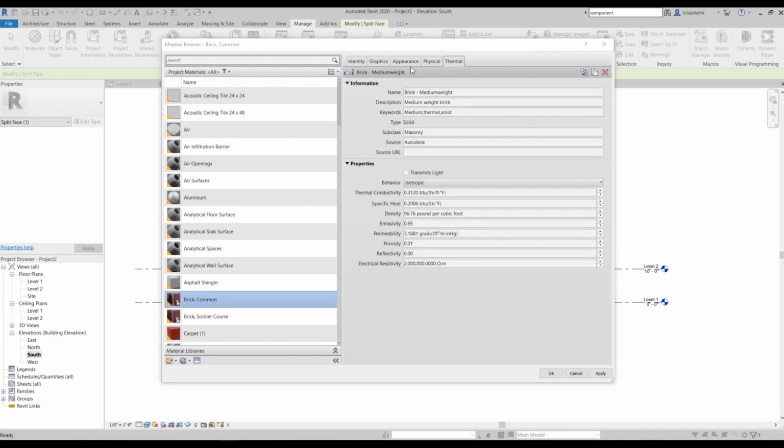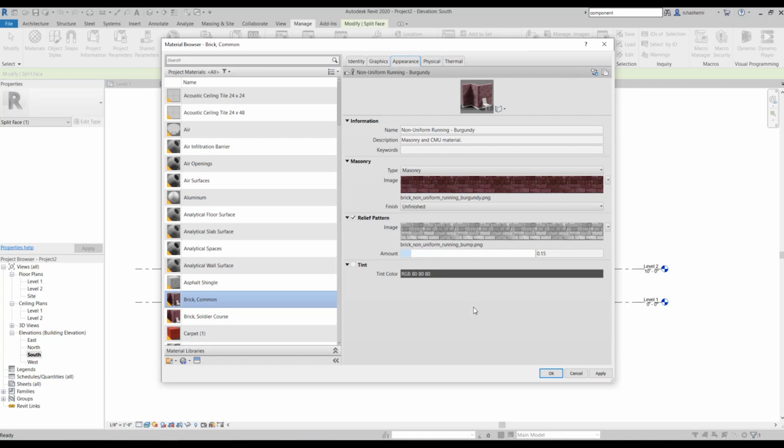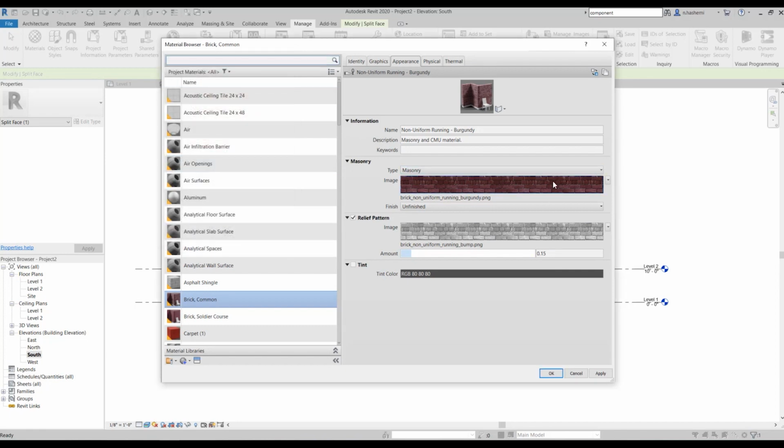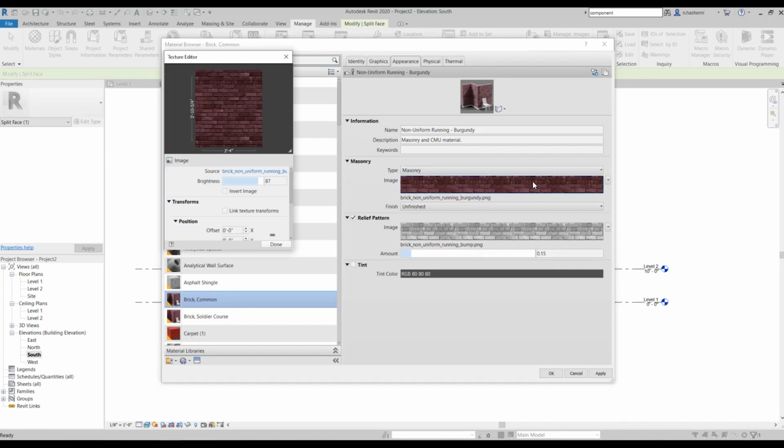Now let's come back to the appearance tab. I want to show you something here. So we have our material image here. If you pull this little arrow down here and click edit image, you could edit the image from here. And the other way to open that window is to just click on this image, okay? So you are going to actually do it in your homework, okay?